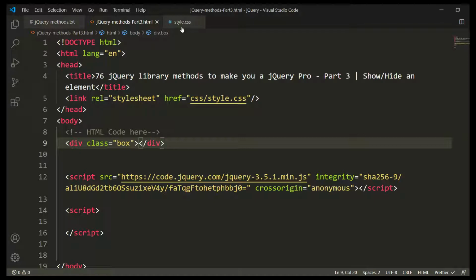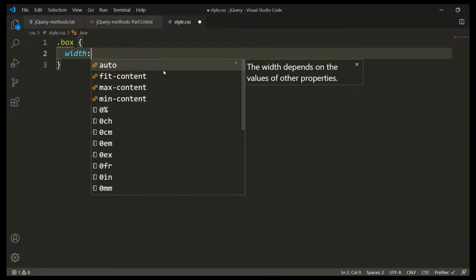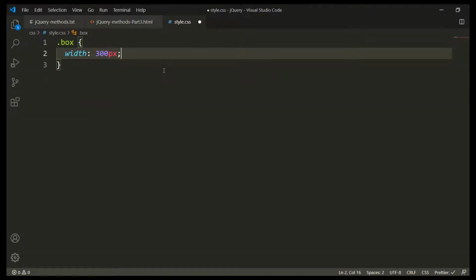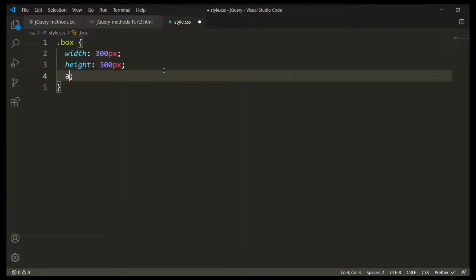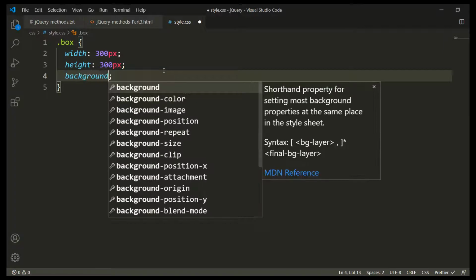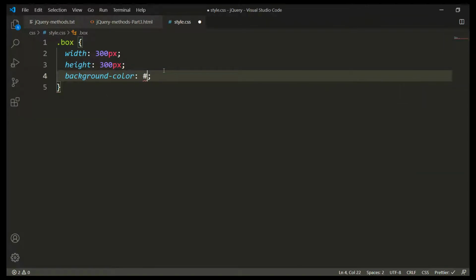For this class box, I'll add the CSS: .box, width 300 pixel, height 300 pixel, and background color, let's say #aa0000. So this is a dark red color.